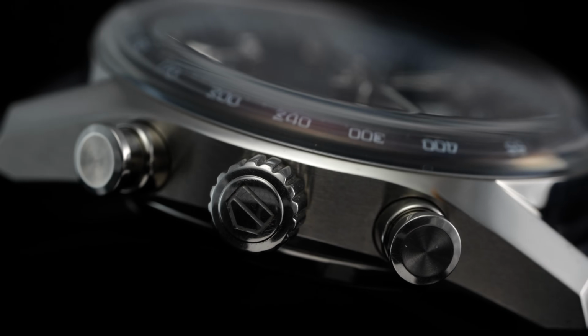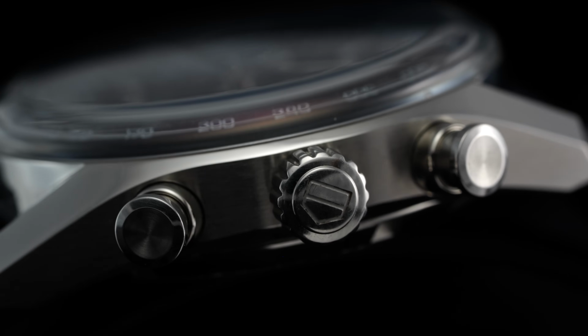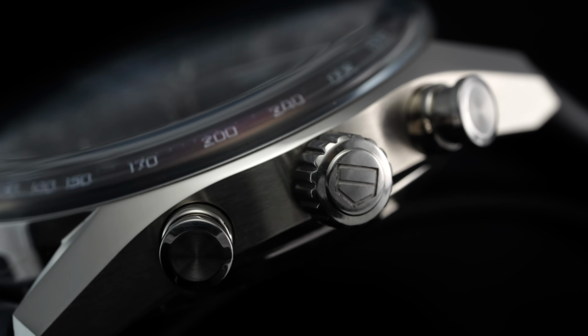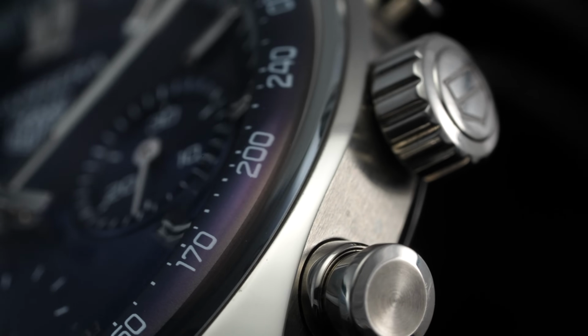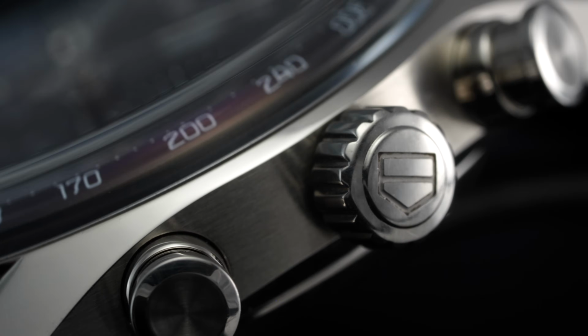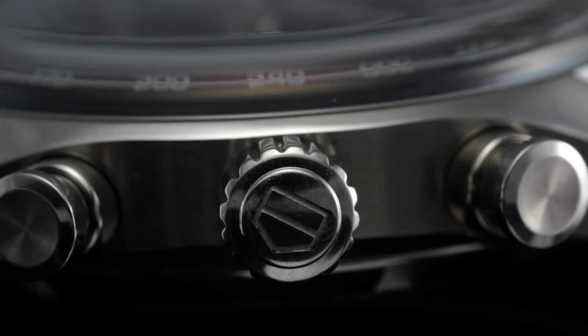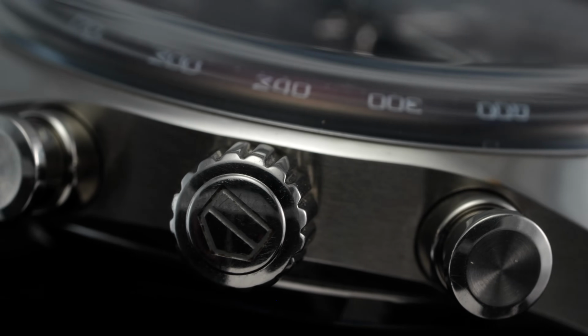At 3, a proportionally large 6.3mm push-pull crown provides prominent ridges for easy grip, along with the brand's shield signature on top. Resting beside the crown, we have broad pump style pushers that, along with the crown and screw down case back, secure this model's very solid 100 meters of water resistance, a nice point of differentiation against other leading